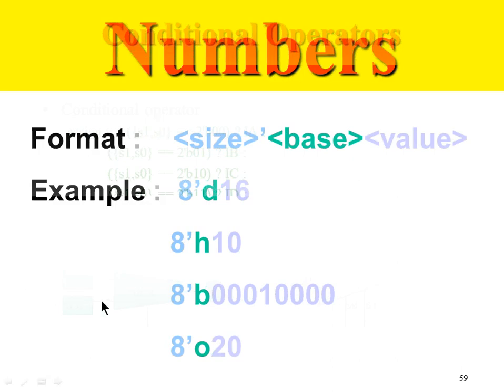Numbers. We saw the number system examples earlier, and we did a refresher of number systems. So the number system is represented in this format: the size of the number, tick, base of the number system, then followed by the value. So if I say 8'D16, what I'm telling by using 8'D16 is basically 16 as a decimal number. D stands for decimal. 16 is represented as a decimal number, and I'll probably assign this value to some integer,